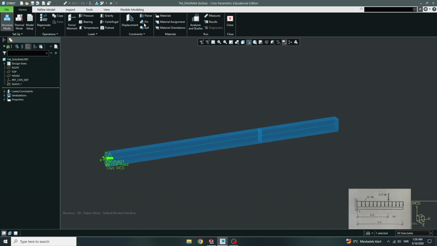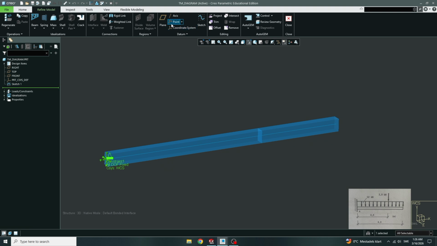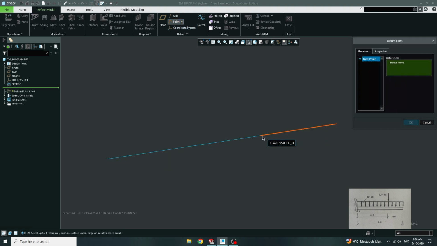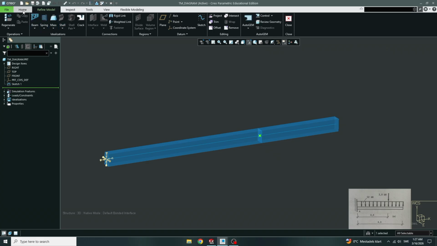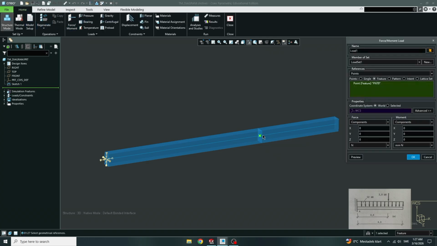And then we're going to make a point here to apply a point load. You go to Home, Force, choose a point, and the direction is minus y direction, and it was 3 kilonewtons,